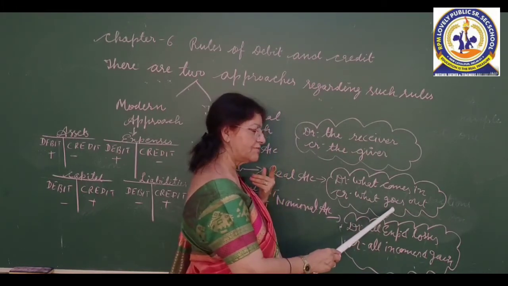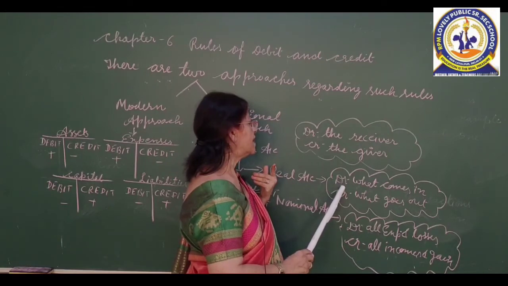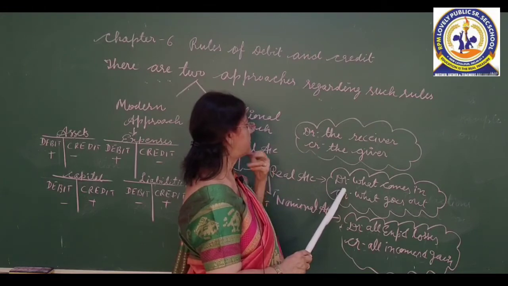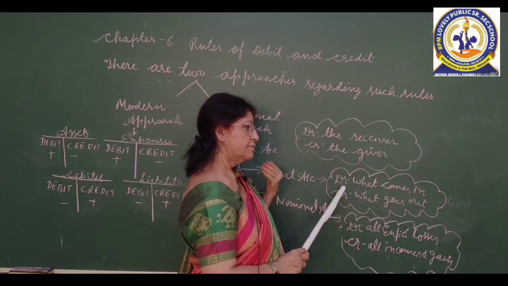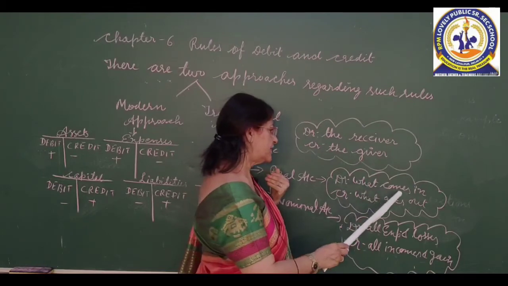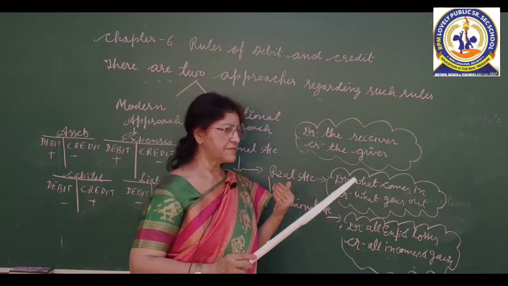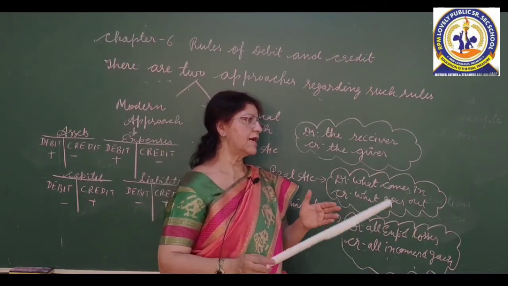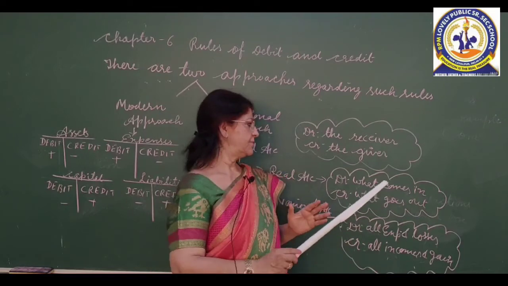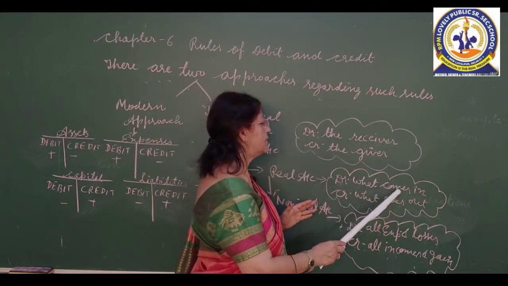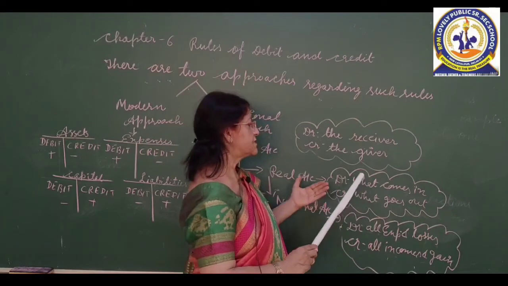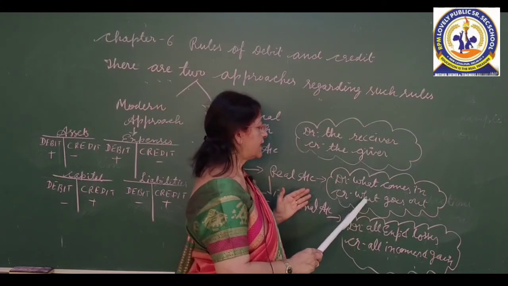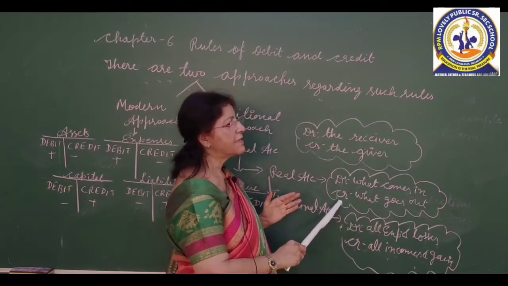Furniture is going out. Similarly, machinery. If we are purchasing machinery, we are purchasing machinery for cash. So what are we getting? Machinery. So machinery account will be debited. What is going out? If we are purchasing machinery, we are paying cash for it. So cash is going out, cash is credited. So machinery account will be debited because we are purchasing. Machinery is coming in the factory, in the firm. So credit what goes out. So cash is going out, cash account will be credited.